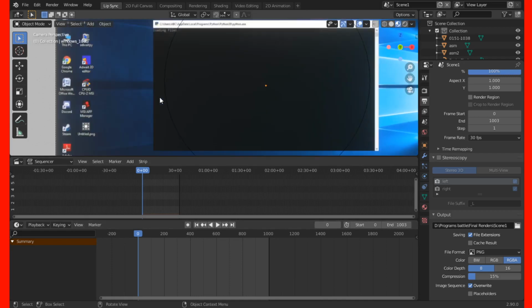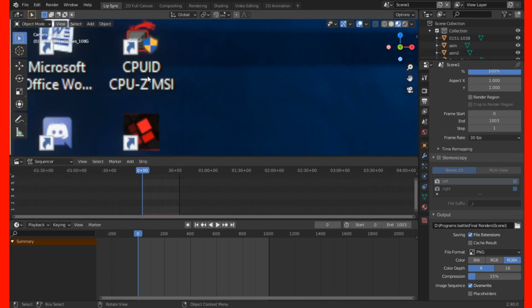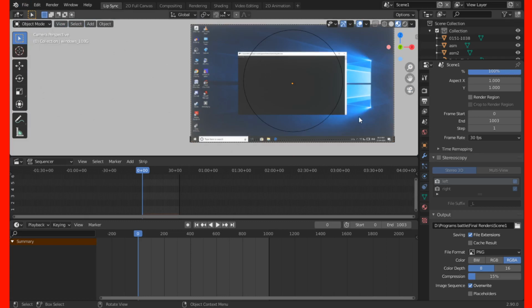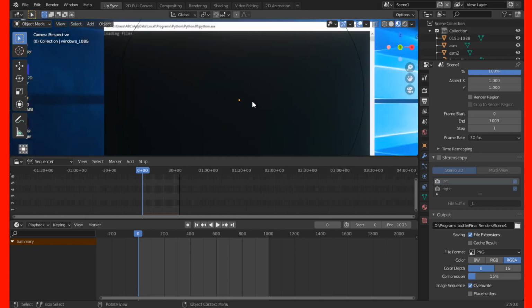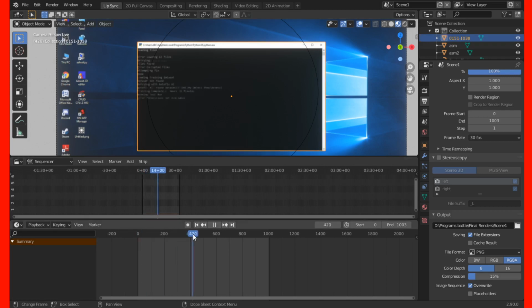I just screenshotted some stuff from my computer screen and brought them in over here, imported them as planes. There is an add-on that you have to enable for that. Then I recorded my screen and clipped off the extra bit from the movie file to get this Python window. Yes, I actually coded the Python to show all this stuff. Then after that, it was almost done.